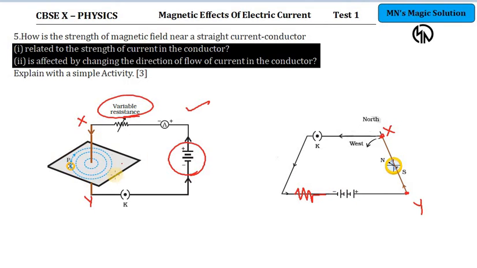A vertical wire, and in the horizontal plane I am placing a paper or a cardboard on which iron filings can be sprinkled. Either this activity or this activity should suit both purposes. Whichever of the two you select, the diagram for it is 1 mark. And then for each one's activity and explanation part it is 1 and 1 mark. So totally it is 3 marks for this question.